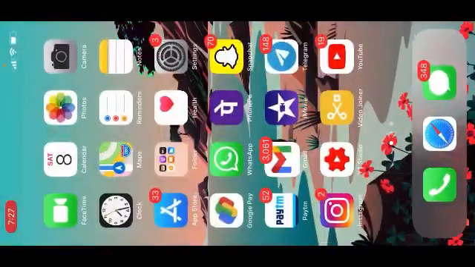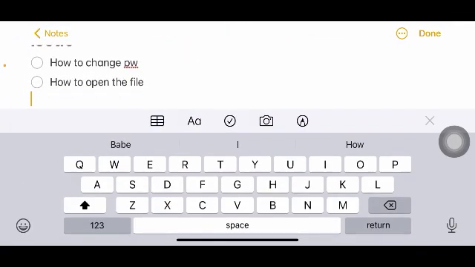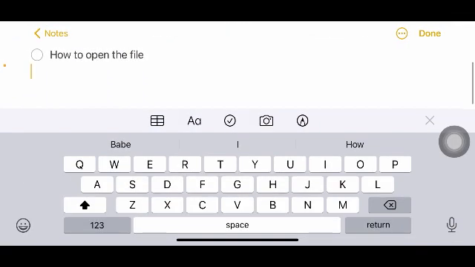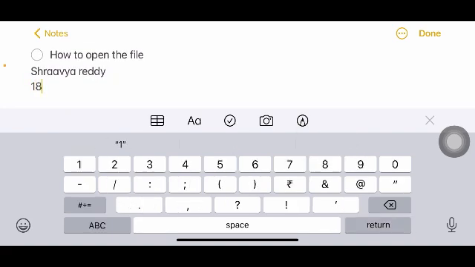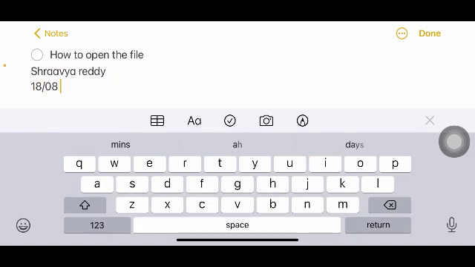For example, I'll show you again. My name is Shravya, that is what I've given, Shravya Reddy, and my date of birth is 18th of August. So what will be my password now? What are the first four letters of my name? SHRA. So this would be my password.